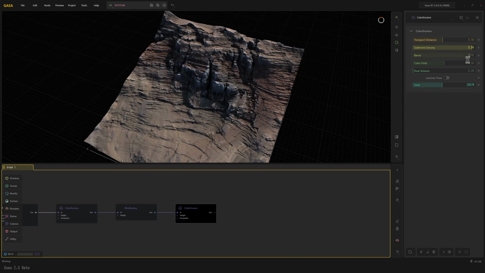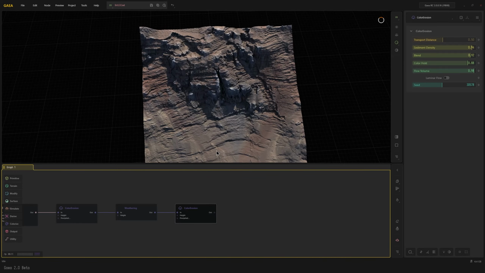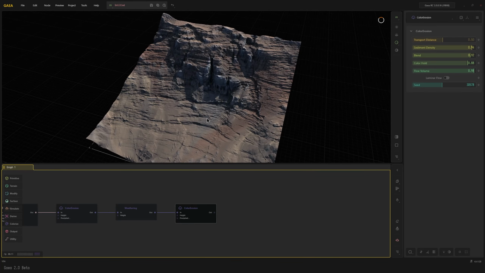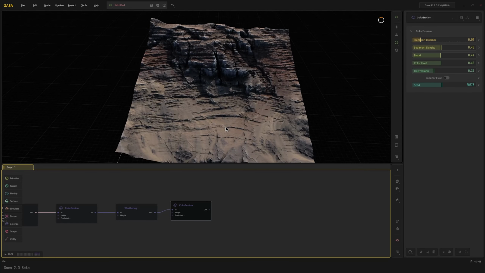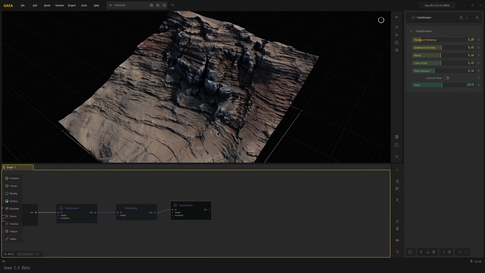And this really, this is insane. But hey, it still looks good. That's how cool this node is. So, okay, no, that's too much. I'm going to reduce all of this. In fact, I'm going to reduce the transport distance a bit. So anyways, but here's our